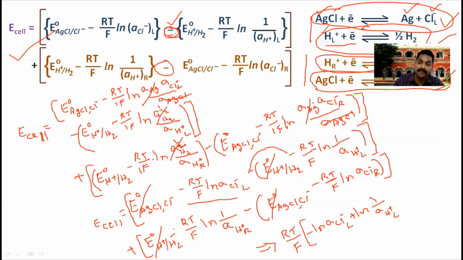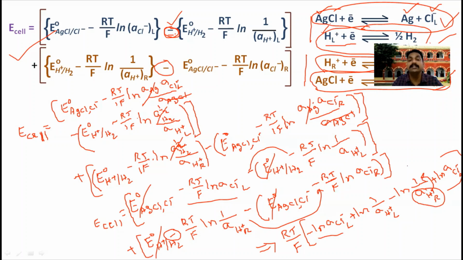Now come to here. यहाँ पर हमें माइनस ऑलरेडी है और RT by F कॉमन, तो बचा क्या है माइनस ln 1 by activity of H plus ion on right hand side. यहाँ माइनस इंटू माइनस प्लस, तो RT by F कॉमन गया तो प्लस ln activity of chloride ion on right hand side. ऐसे हमें यहां पर हम देखेंगे यहां माइनस है, इसका मतलब ये भी डिनोमिनेटर में जाएगा और ये माइनस इस तरफ ले जाएंगे, ये एक्टिविटी ऑफ H प्लस आयन ऑन राइट हैंड साइड न्यूमरेटर में आएगा। इसका मतलब हमें राइट हैंड साइड के एक्टिविटीज जो है न्यूमरेटर में आ रहा है और लेफ्ट हैंड साइड के एक्टिविटीज जो है डिनोमिनेटर में आ रहा है।